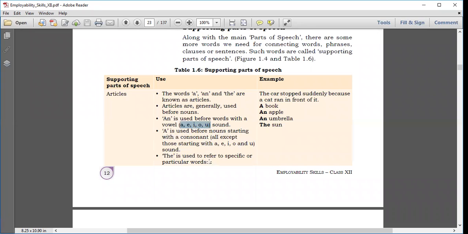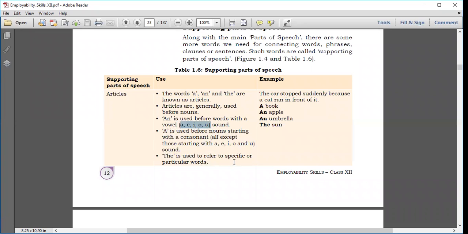Like I have a table. यहाँ पे a table लगा because table is generally consonant, right? Table starts with T, which is consonant. And if I say I have the table lying in the corner, here the table we are talking about is that particular table which is there in the corner. So it's a particular table. So with that we use the,